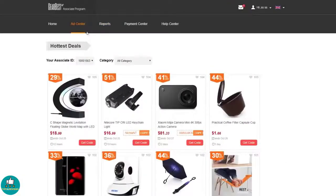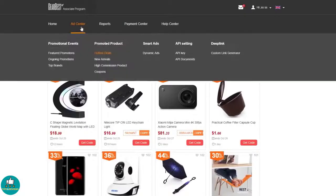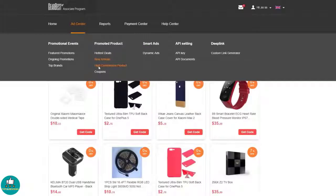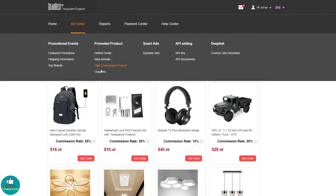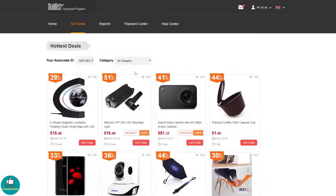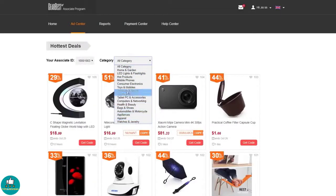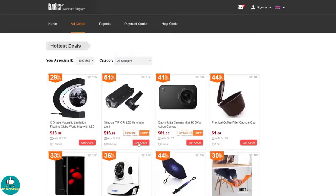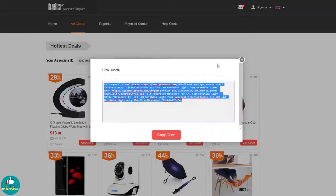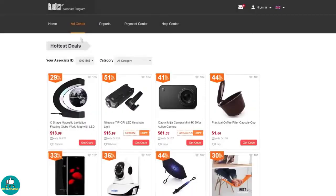Then we move over to the promoted product category. Here we can see hottest deals, newest arrival, high commission products and coupons. Now just like previous, we can actually find the actual product that we're looking for or a text link, or we can find coupon codes. We can go on and change the actual product category. We can also change our tracking number if we wish, and you can actually go ahead and click on a product and generate the HTML code either for your website or blog, or you can even just go ahead into